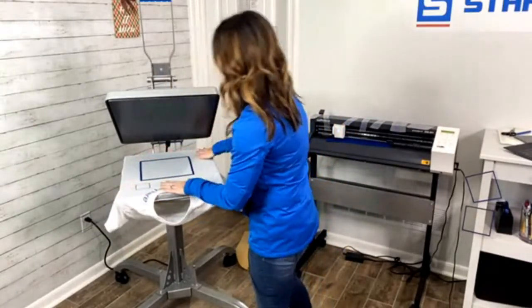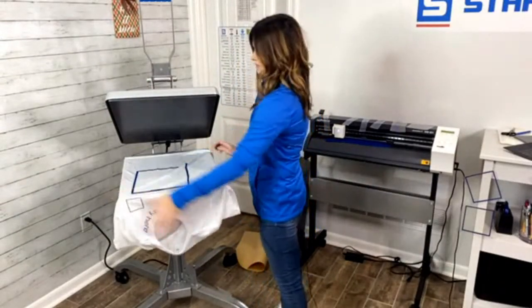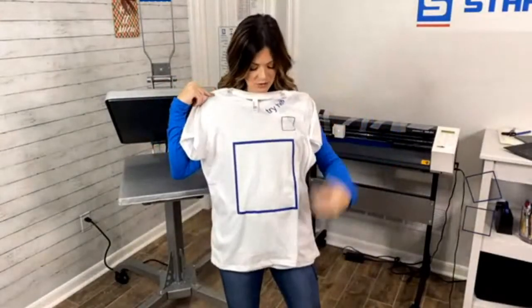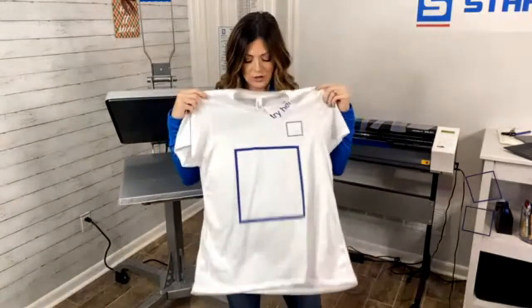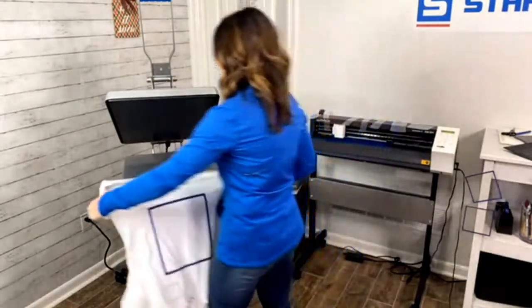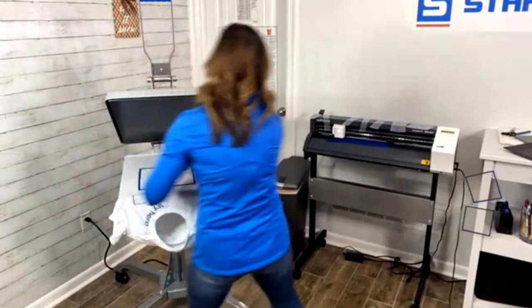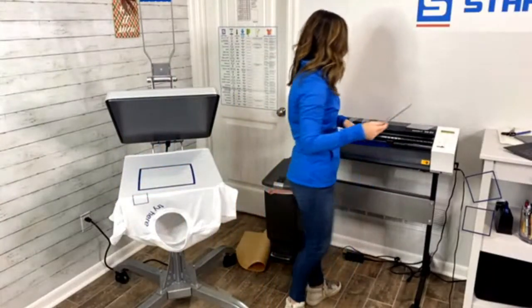Okay, the next one we are going to do is down at the bottom. So from here, it would be the left-hand side, but we're going to change it a little bit. Actually, we're going to go right hand. So the bottom right-hand side, we're just going to do a font. And this one is going to be,